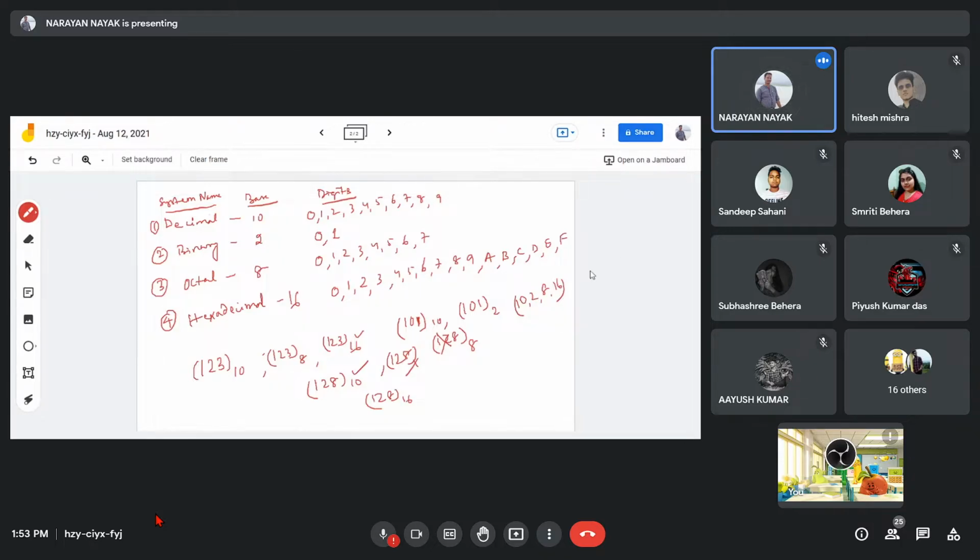Clear? Okay. So here you have to study how to convert decimal to binary, and how to convert into octal form and hexadecimal form. So various mathematical operations you study here. Now first we will see, if you are given a decimal number, how to convert it into binary form.